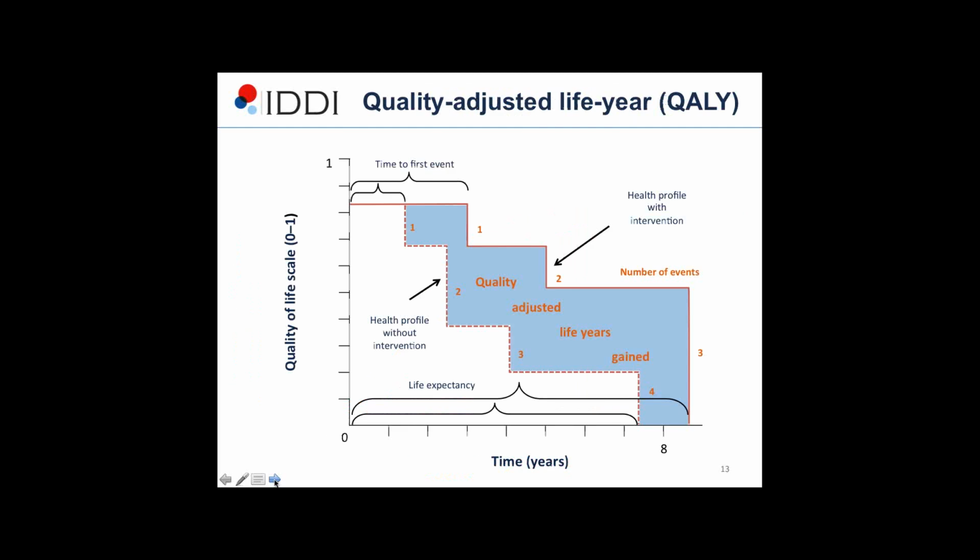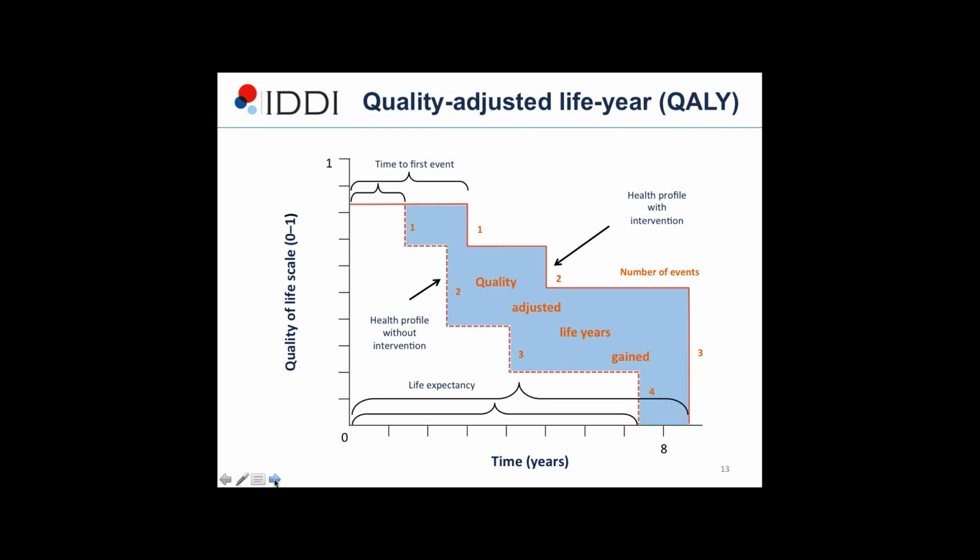Okay, so back to this question, how can we go about this practically? So here is an example from my clinical area. There's two axes. The y-axis you're very used to is the longevity that we would collect in a trial, and then the x-axis is perhaps a little bit less familiar maybe to some of you, which is what we call quality of life or utility, where 0 is effectively death and 1 is perfect health. What I'd like you to do is imagine a situation where a patient is on the dotted line. So if we start at the origin, that patient is currently around about 0.8 on their quality of life scale.